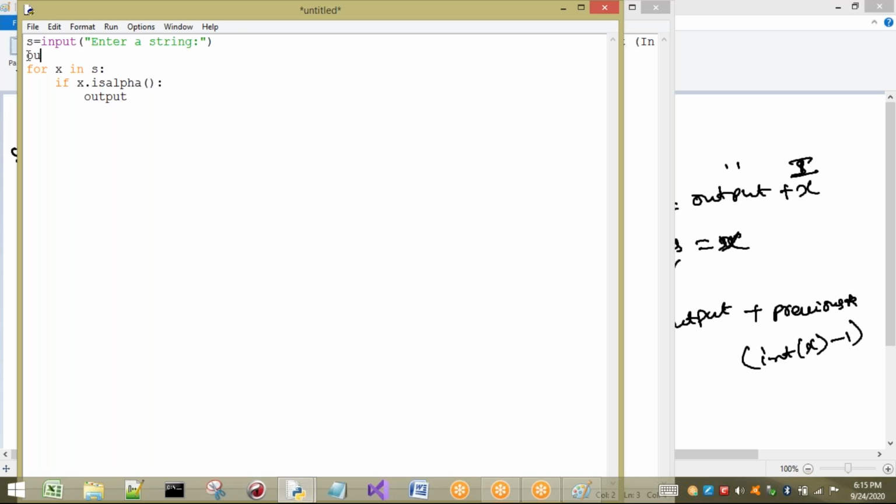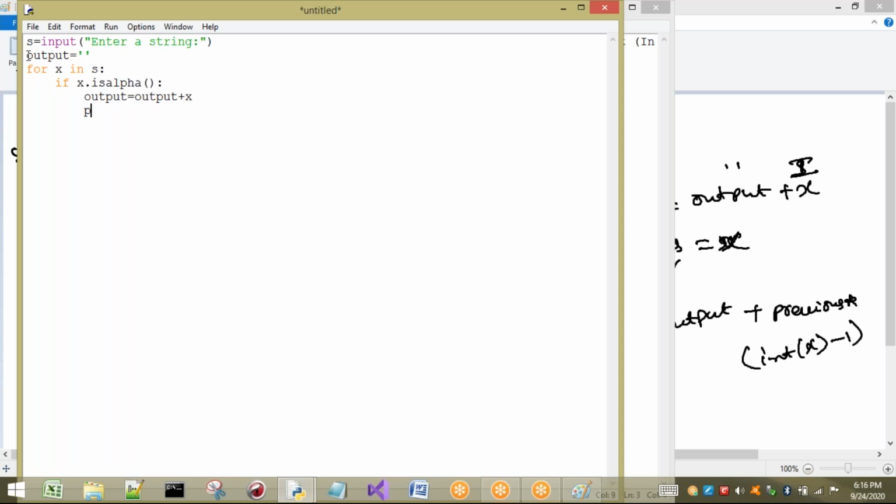That means initially it has to be present. So output equal to some empty string I have taken. Then output equal to output plus X. X is nothing but the character; if it is an alphabet, we are going to come into this if statement.